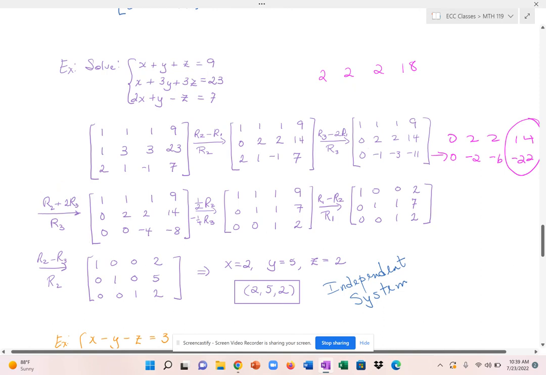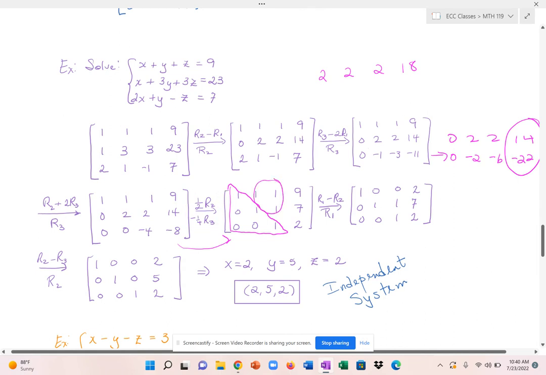So what I'm going to do next is multiply row 2 by a half and row 3 by -1/4. And when I do that, row 1 just gets copied over, and my new row 2, when I multiply it by half, is 0, 1, 1, 7. And my new row 3, when I multiply it by -1/4, is 0, 0, 1, and 2. Okay, so right now this is in your Gaussian elimination form, but now we're trying to accomplish this Gauss-Jordan method, which means I still need to get